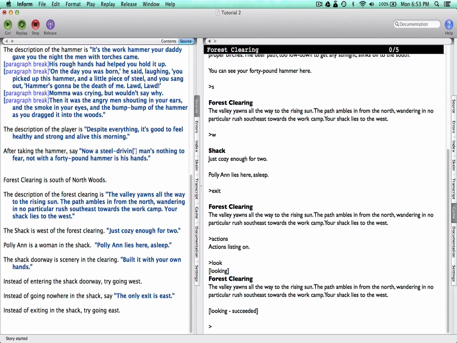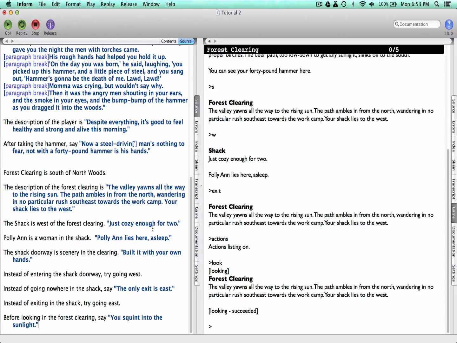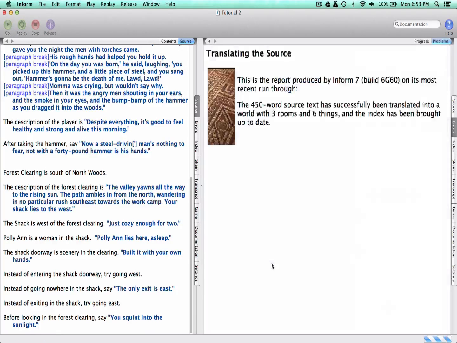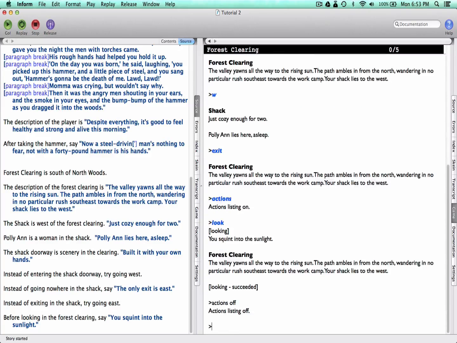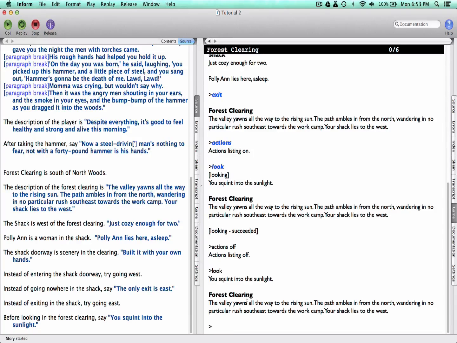So I could type something like, okay. Now when I replay this, now it says, before looking, you squint into the sunlight. I can turn actions off if I want to. And now when I look, it'll give me this, you squint in the sunlight. Anyway, so if you are trying to figure out, well, how about this? What if I said, do